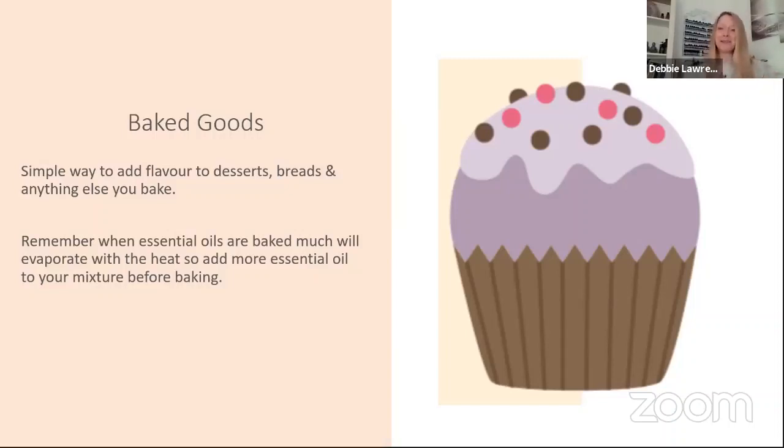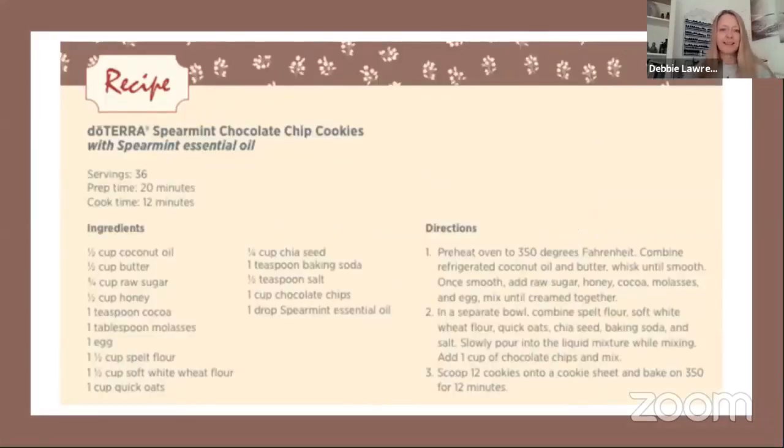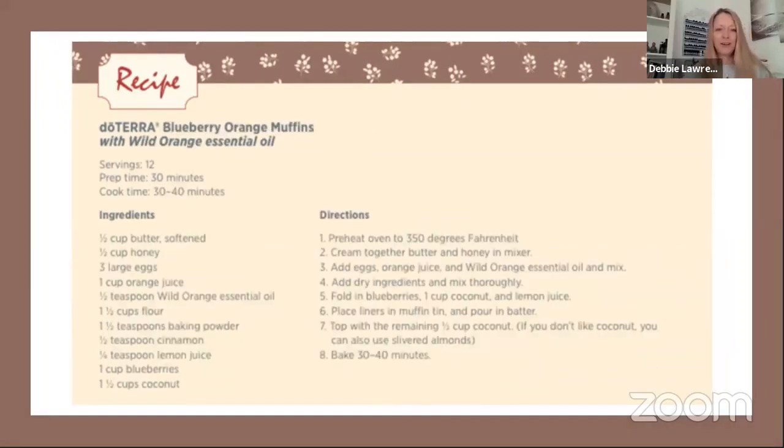But that's what inspired me to bring this to you, because I don't think we use our essential oils in baking as much as we could. So just remember, when you are baking with essential oils, the oil will evaporate with the heat. So you can get away with adding more essential oil to your mixture before baking. So there's a recipe that you can have for lavender cupcakes with lavender cream cheese frosting, and spearmint chocolate chip cookies with spearmint essential oil, blueberry and orange muffins with wild orange essential oil,